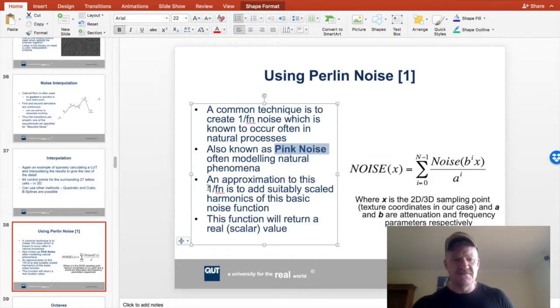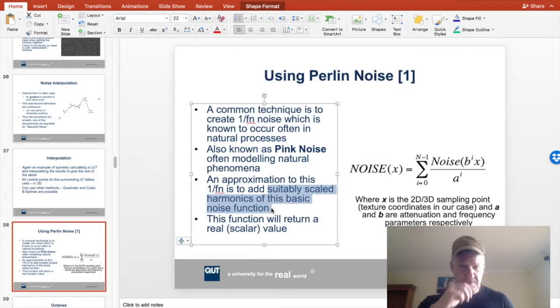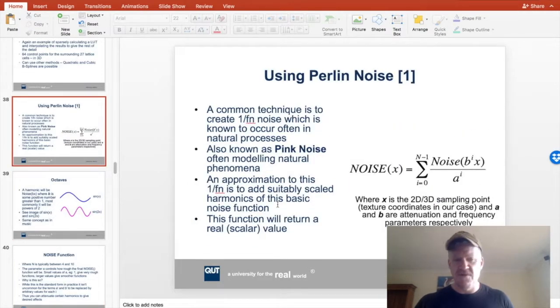This noise approximates it by adding suitably scaled harmonics of this basic noise function. So it's a wave, but it's lumpy and all over the place, but it still has this idea of being able to use harmonics of that noise. So that's a new concept here, possibly for you. Those of you who aren't musicians have another understanding of this because you're used to using the harmonic on a guitar. So anyway, you have your base noise, so that's just the texture, and you have your texture coordinates at